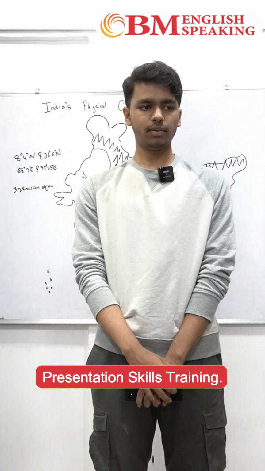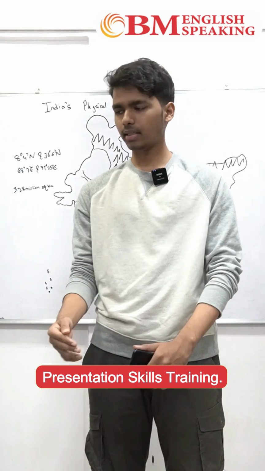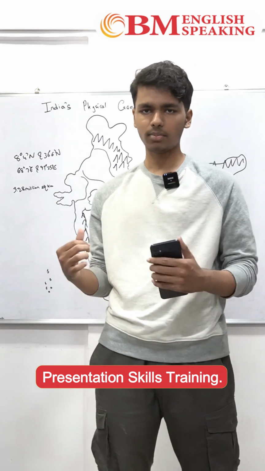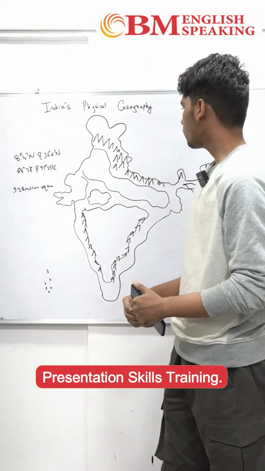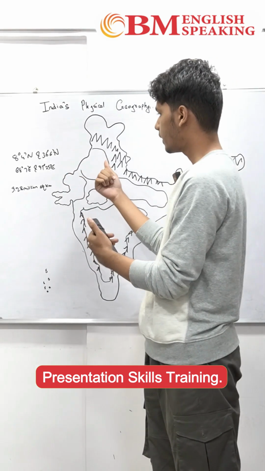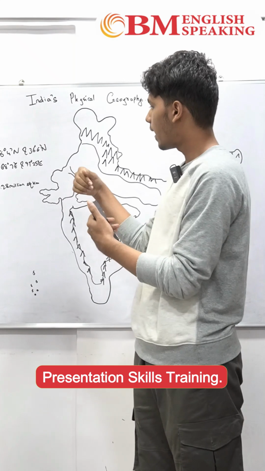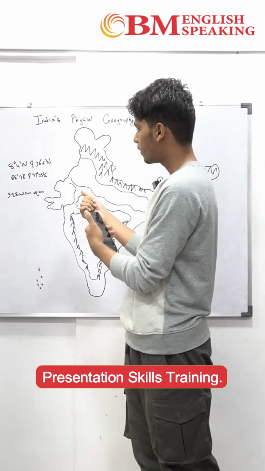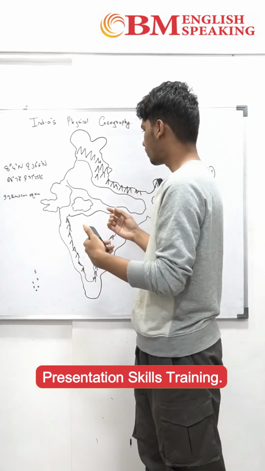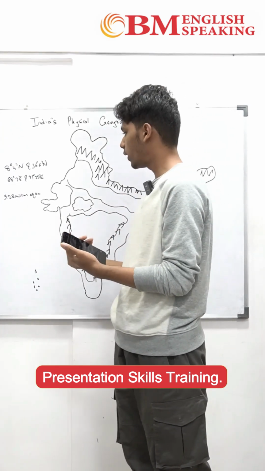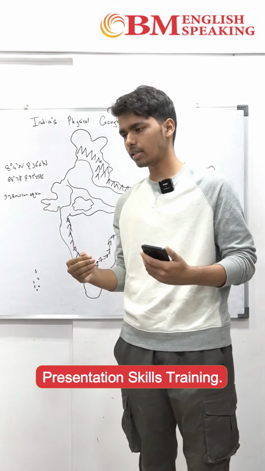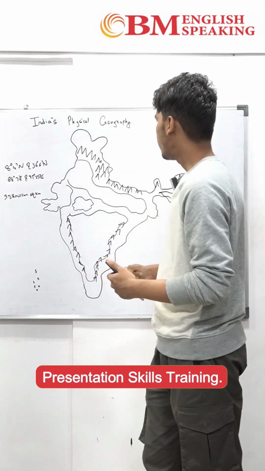Okay, good evening everyone. My name is Lavitra, and I'll be giving a presentation on India's physical makeup. India is positioned between 8 degrees 4 minutes north and 36 degrees 6 minutes north latitudes, and 68 degrees 7 minutes east and 97 degrees 25 minutes east longitudes. The total area of the country is 3.228 million square kilometers, which makes it one of the largest countries in the world. So the layout starts with